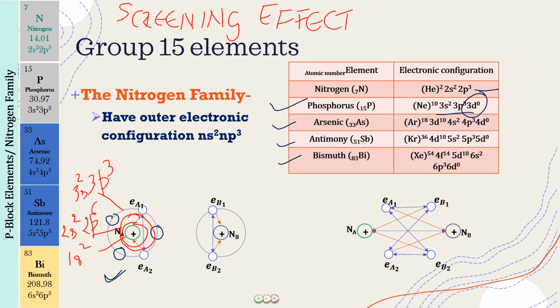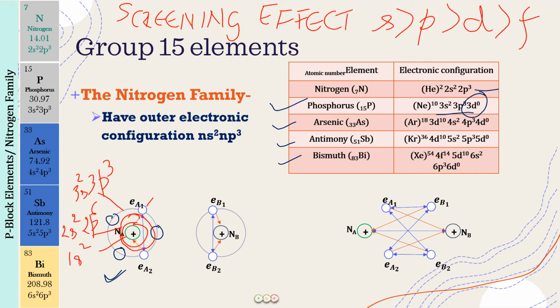But what grossly we are talking about is that the outermost electrons are getting attracted to the nucleus, but in between there are more electrons present. More electrons means more negative charges, so negative charges will be repelling each other, and this is what we mean by the shielding effect. It is shielding the nucleus or exerting the effect on the outermost electrons. And the shielding effect of the s orbital electrons is going to be the maximum. Then it is going to be p, then d, and the poorest shielding effect is going to be shown by the f orbital electrons.